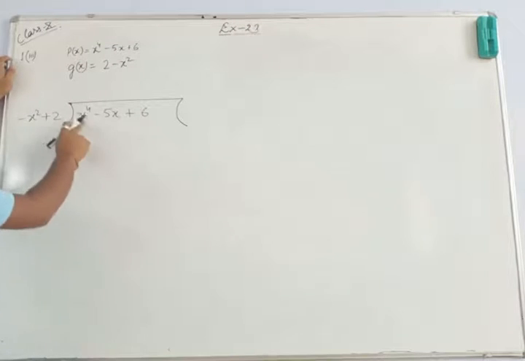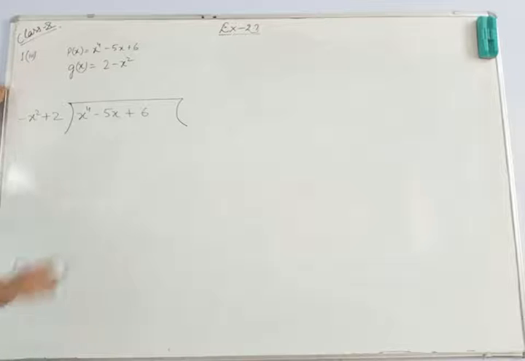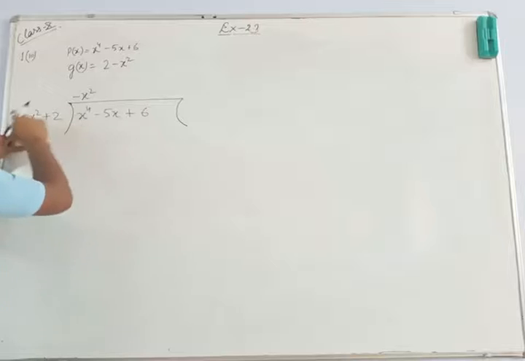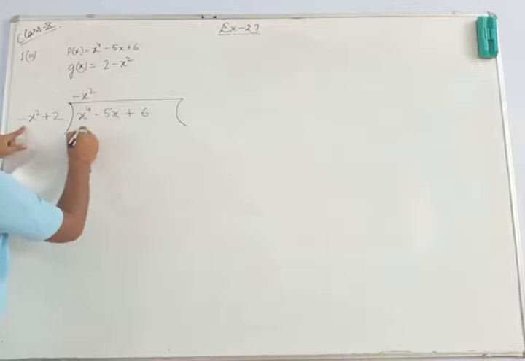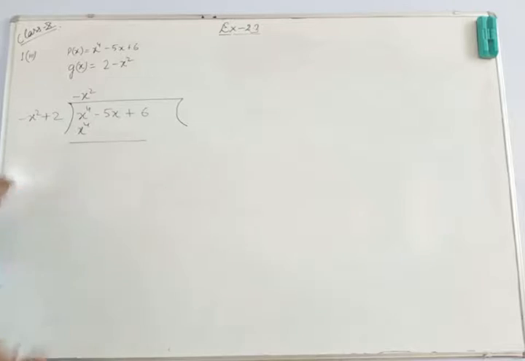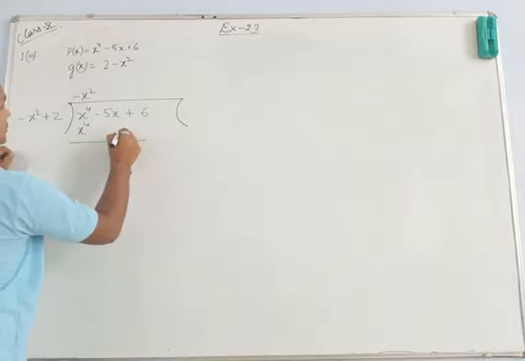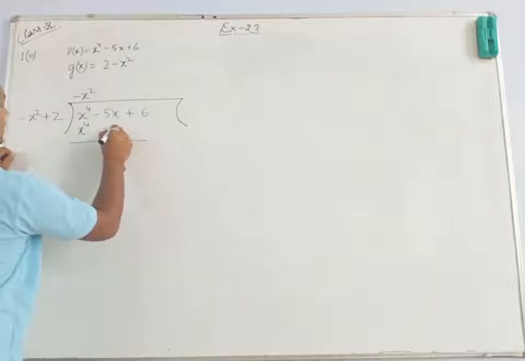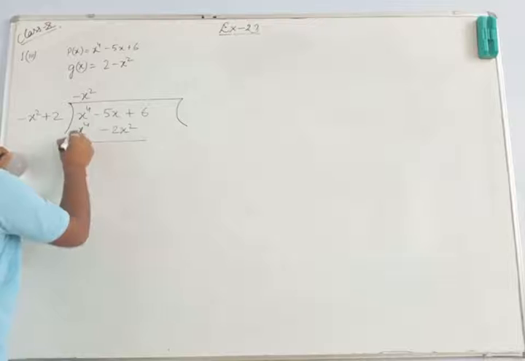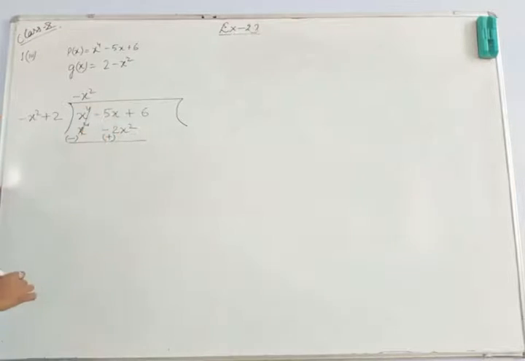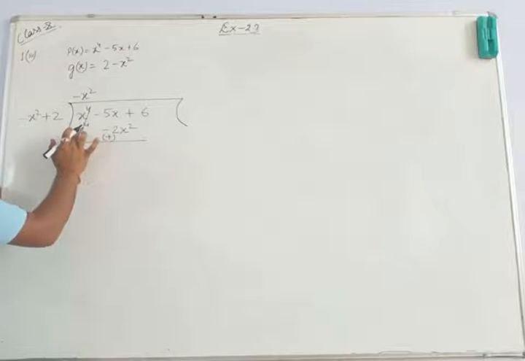Okay, now we have to eliminate this one term, x raised to the power 4, and it is positive. So we have to get a positive x raised to the power 4 over here. So we will be multiplying it with minus x square. So minus minus plus x square into x square will give you x raised to the power 4. Okay, now minus x square plus 2. So we will be writing directly minus 2x square. So it will become negative, it will become positive. This will be cancelled out.